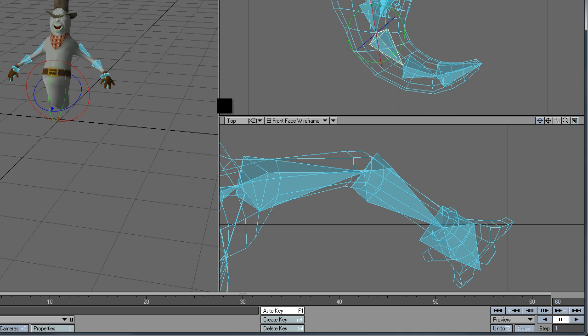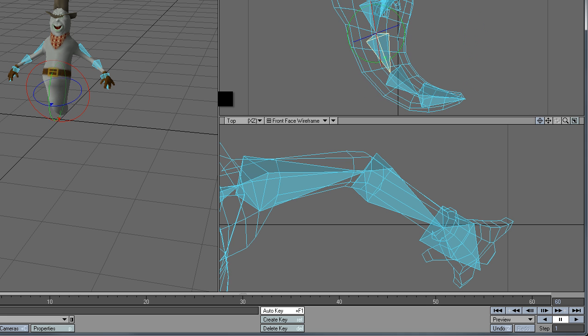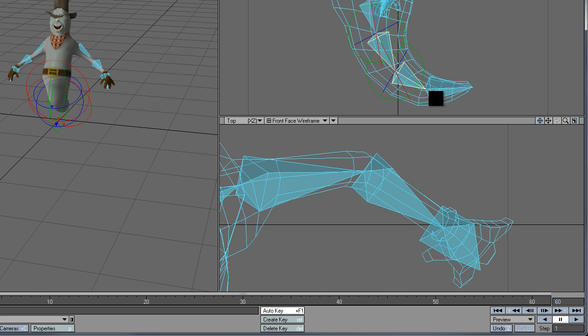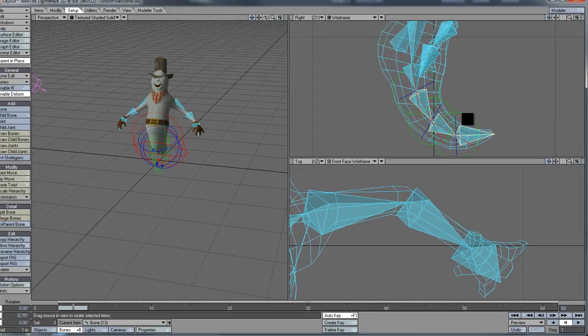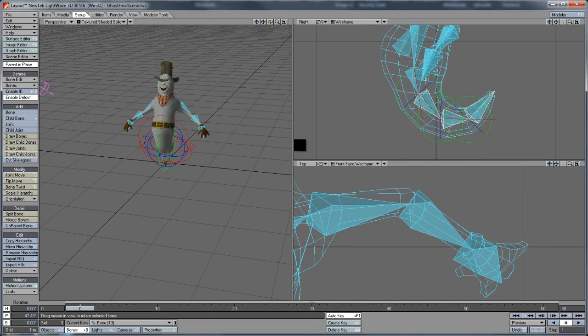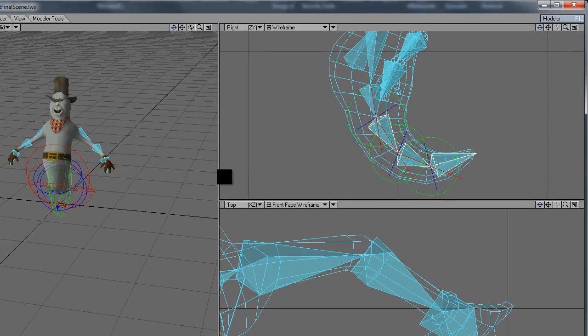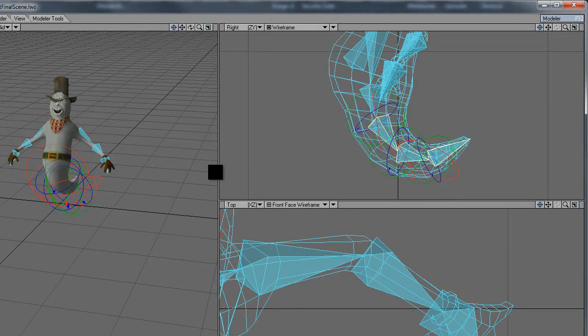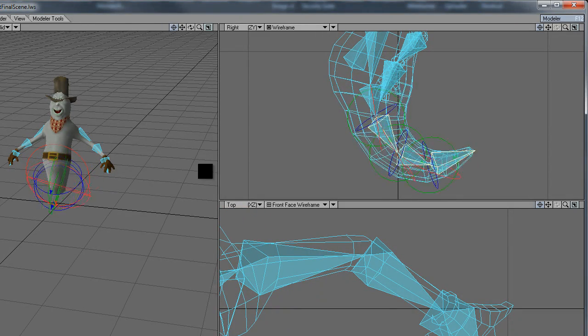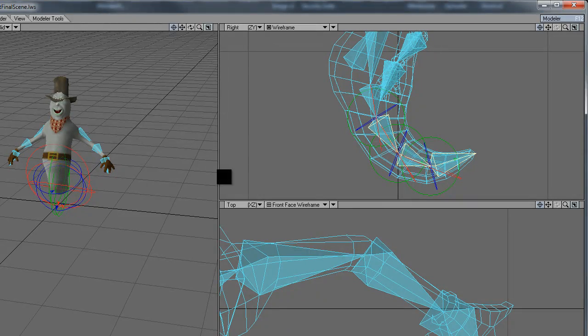And there we go. We're getting a pretty good deformation considering the few polygons we have to work with there. And here I'll do several bones at once just to see how it looks. Okay, I think that's looking fine. Next thing we'll do is test the shoulders and the arms just to make sure we can move those around without too much trouble.